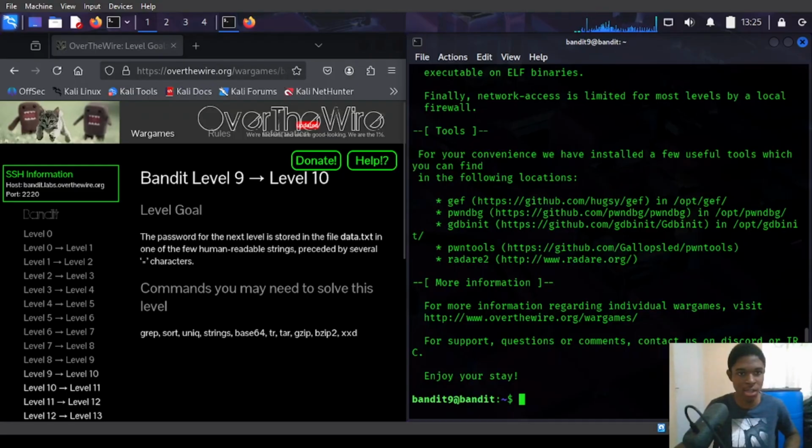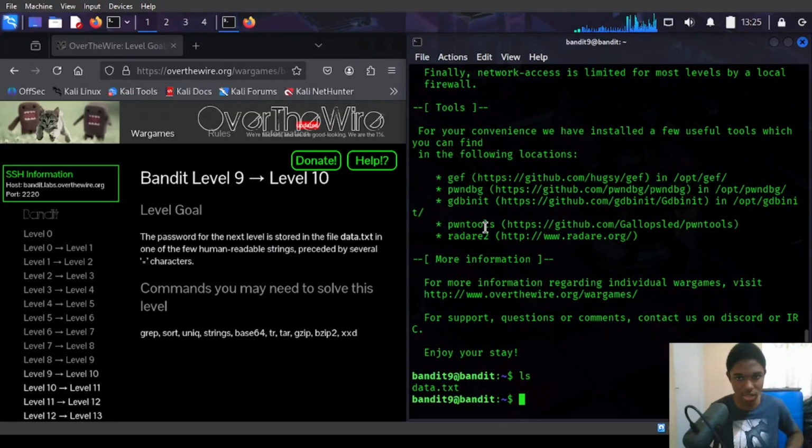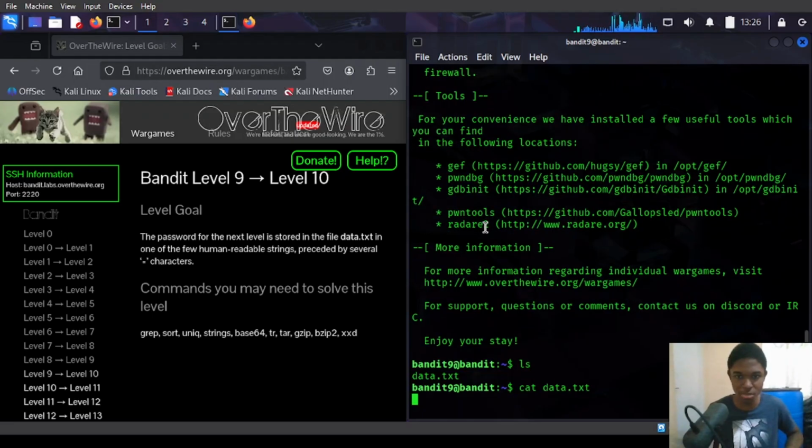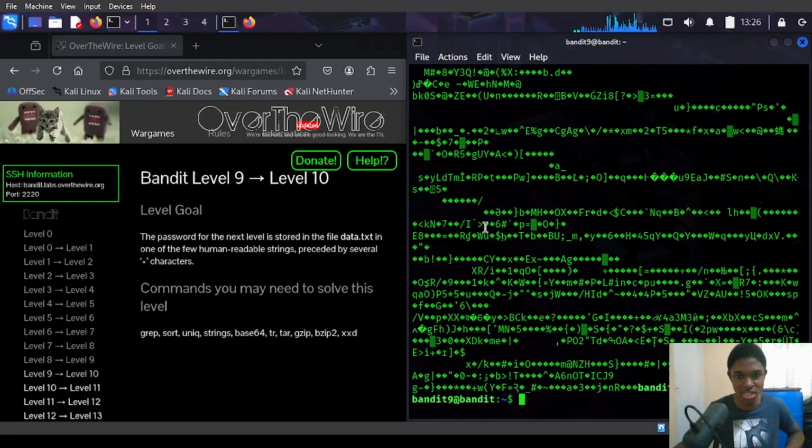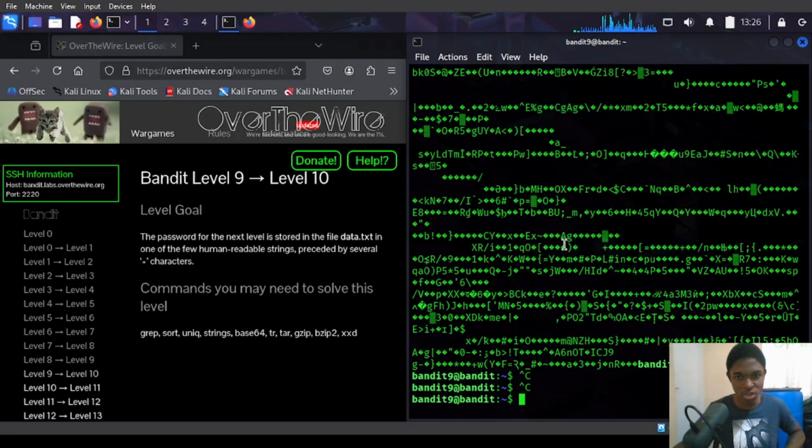Alright, level 9. The password for the next level is stored in the file data.txt in one of the few human readable strings, preceded by several equal characters. So if we type ls, we'll get the data.txt. Now if we cat the data.txt, it should be pure gibberish or binary data. So what we'll do,